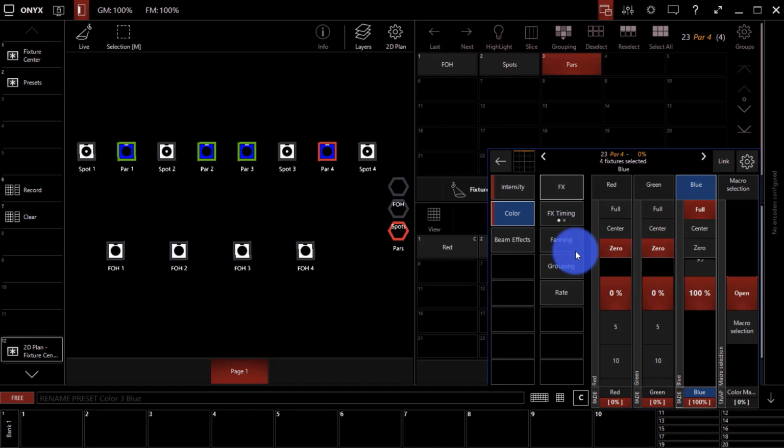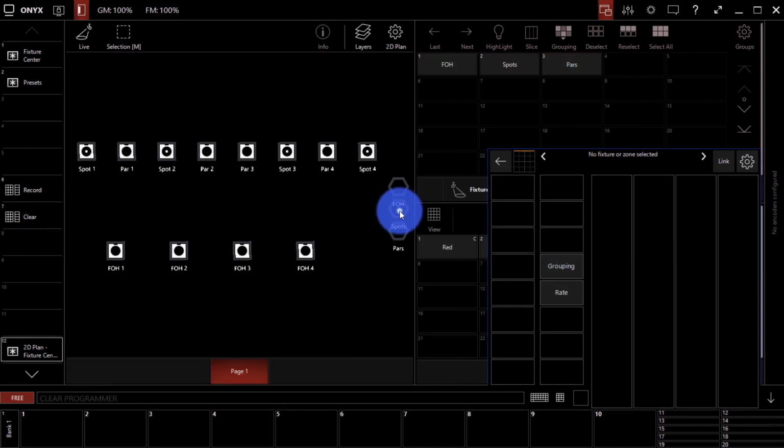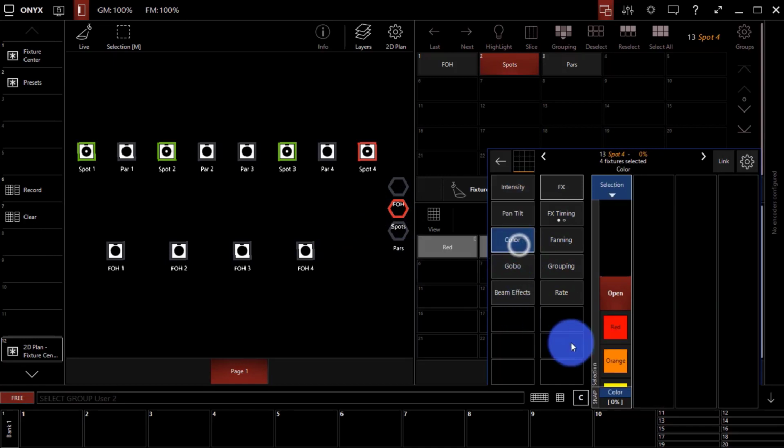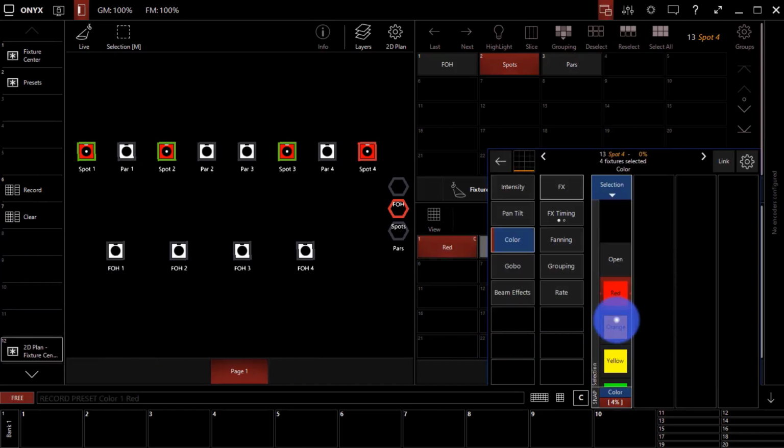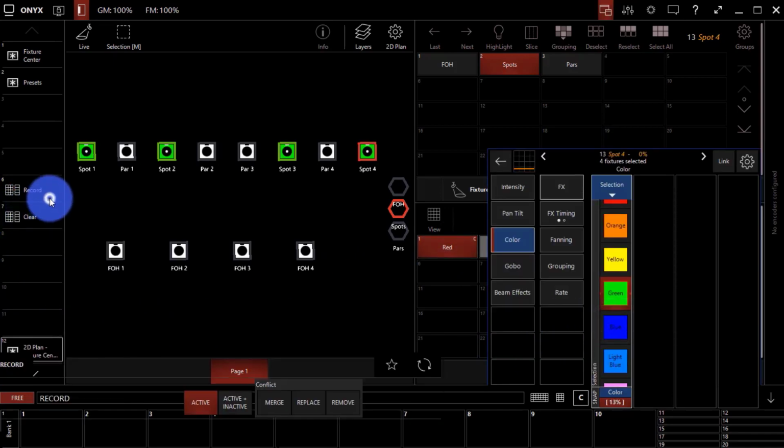If you've got fixtures that have got gobo wheels and stuff like that, I just call it white because it's fairly different than RGB, and it looks quite different. If you've got a white in your fixtures, they work very well with the open on spots. So now we can clear that out. We can select our spots, and the first color would be red, so let's turn it to red. Click on record, click on that preset, merge it in there. The same for green,